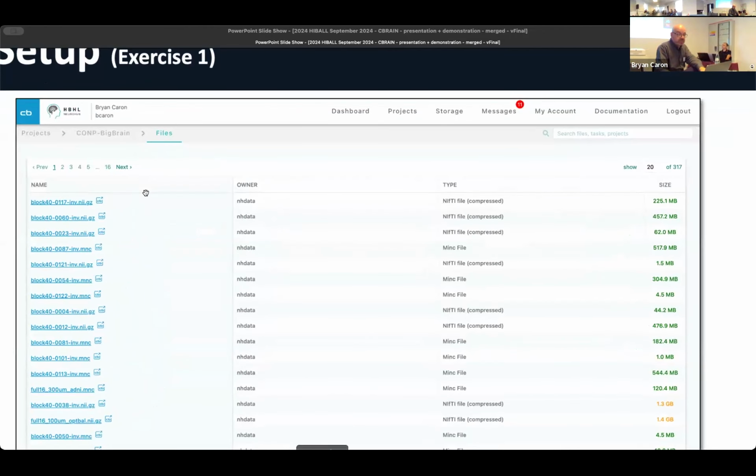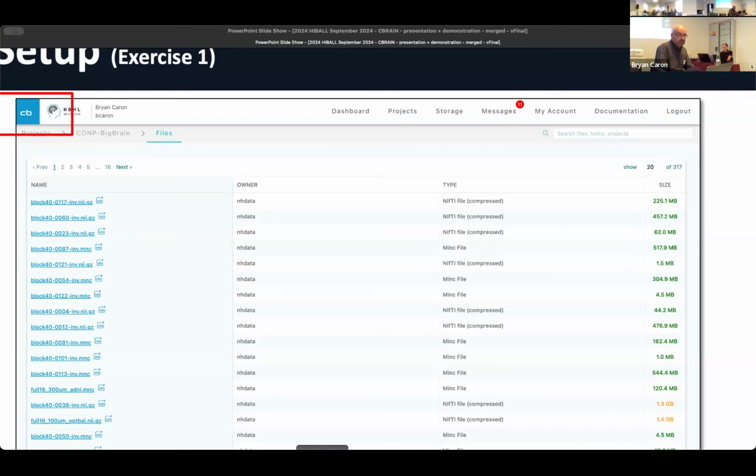So here you can see out of those 317 files, it'll show you the first page of that listing. You say, well, this is kind of not very helpful. You're going to see a long list of 317 different files and different formats and so on. But at least it shows you some of the content. You can tell some of them are NIfTI files, some of them are MINC files, and then on the right-hand side it shows you the sizes. So that way you can get some information about them.